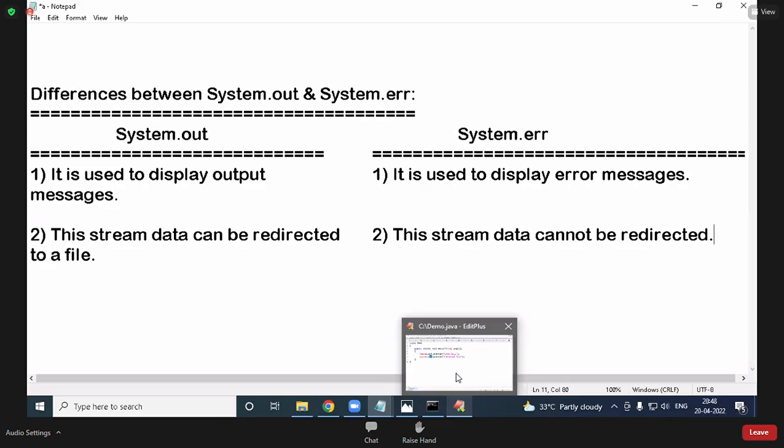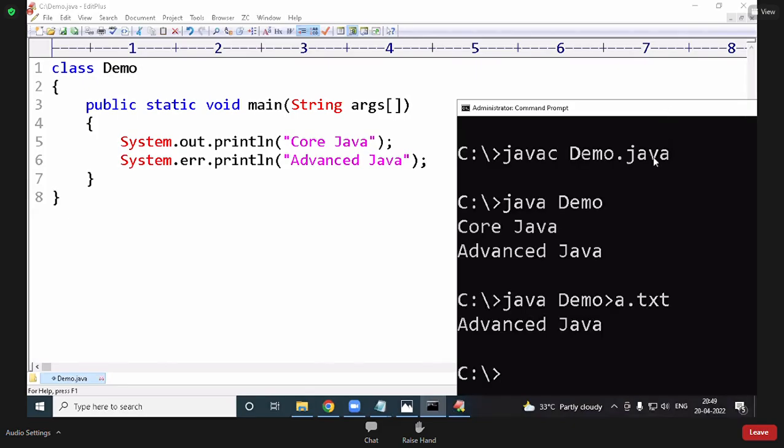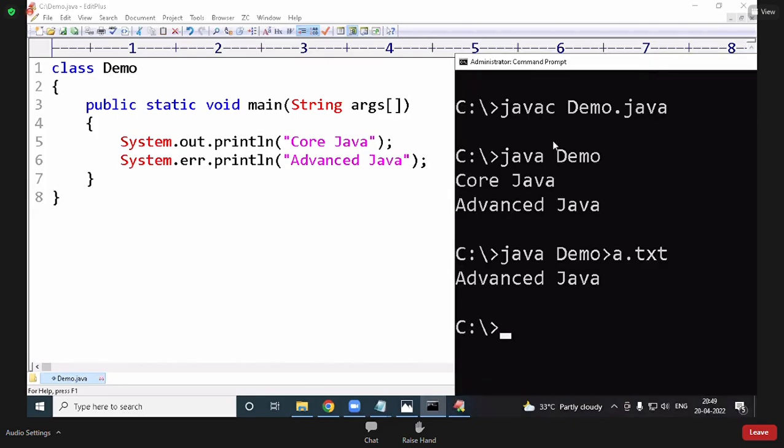Is it over? Example, note it down. Write the program, and after the program, write the output also. Both, write this one and this one.